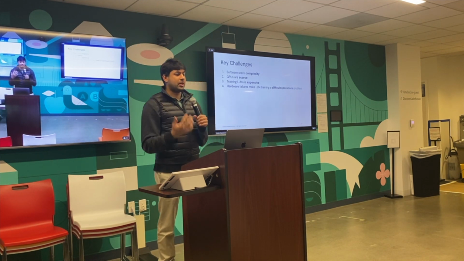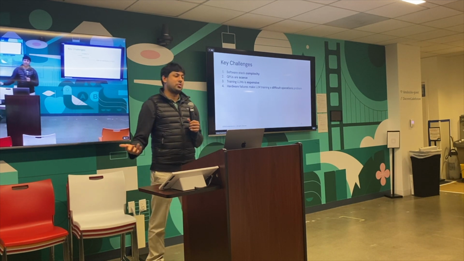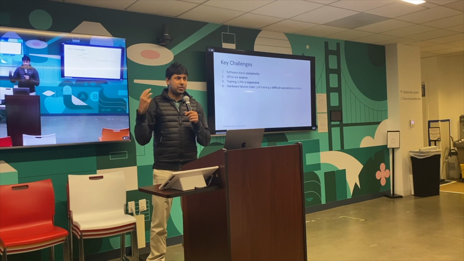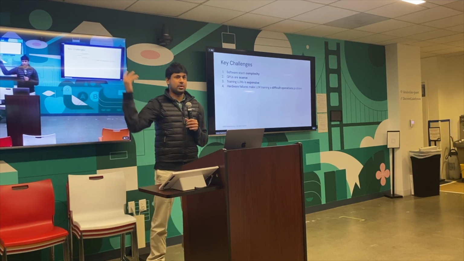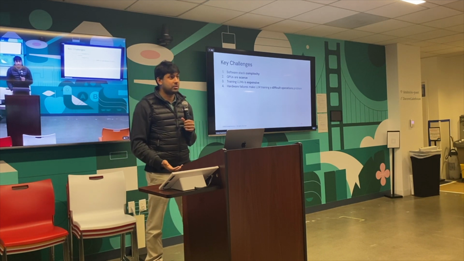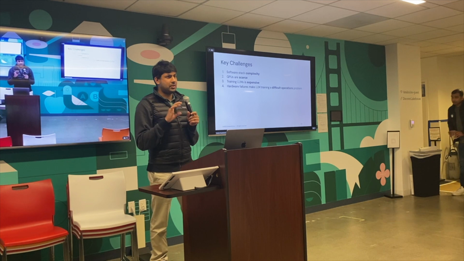Second, GPUs are very scarce. So cloud providers don't have very many of them. It's hard to get them. You need a lot for training. Third, even if you get GPUs, training is like very expensive. As I mentioned earlier, like the most expensive runs that even we've seen are like tens of millions of dollars just in GPU cost. And fourth, and this is actually,